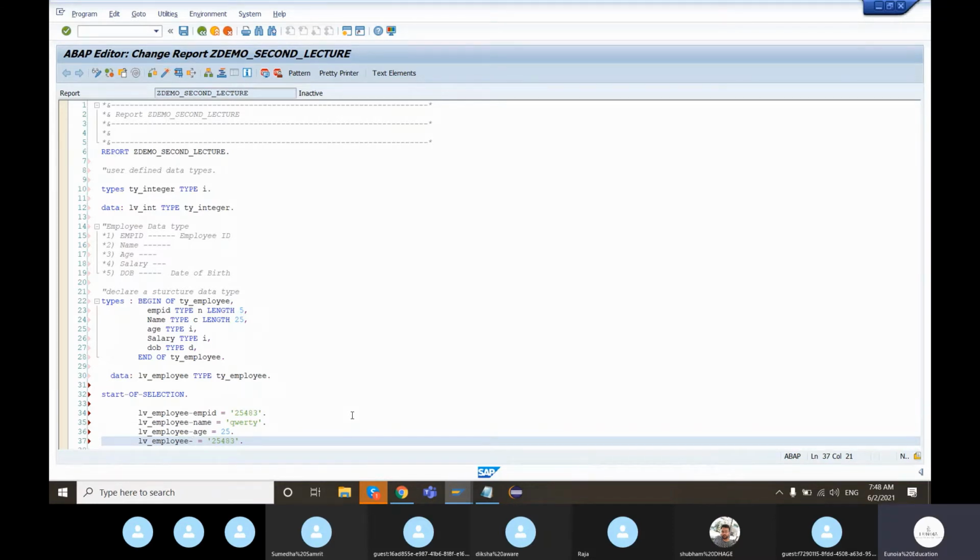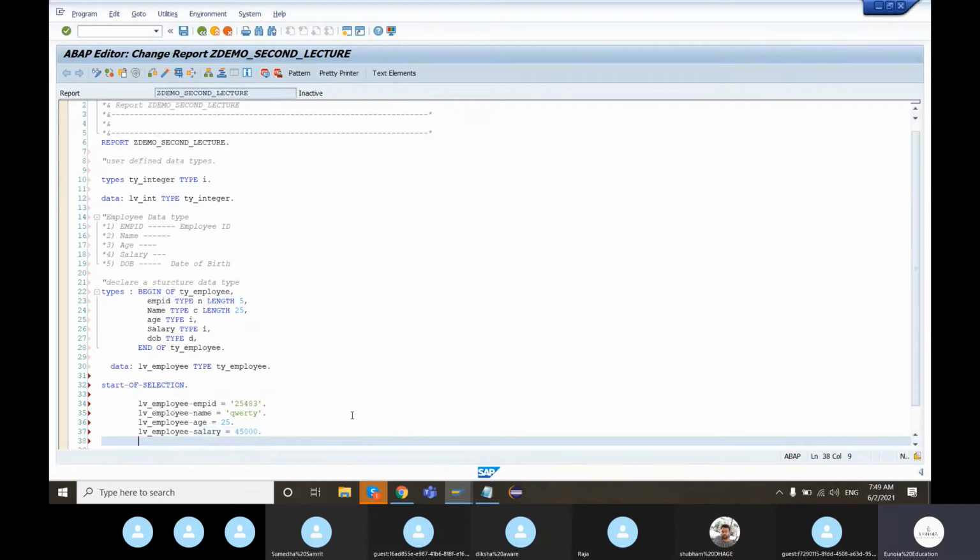Then comes salary. Salary is also declared as an integer type field. So that also we can maintain. Then the last field is the date of birth.